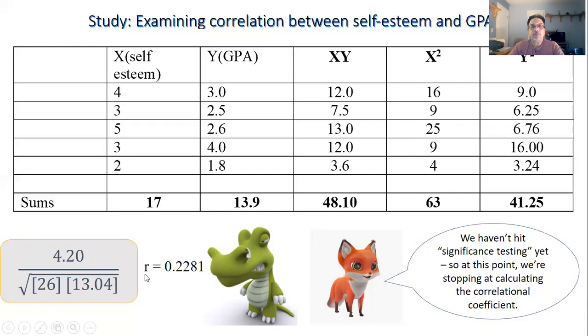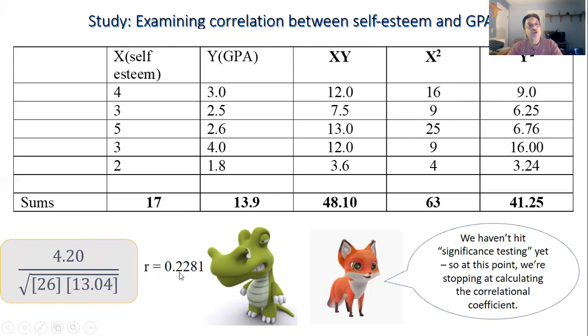Our answer should be r, and r is a symbol for a Pearson. When you have a lowercase r, and it's always a lowercase r, it means it's a Pearson correlation. So when I look at this, I know what formula you used. I could have known it by looking up here at the formula you wrote down, but I also know it by here. You have to identify the value by the test it came from. So lowercase r means it's a Pearson. r is equal to